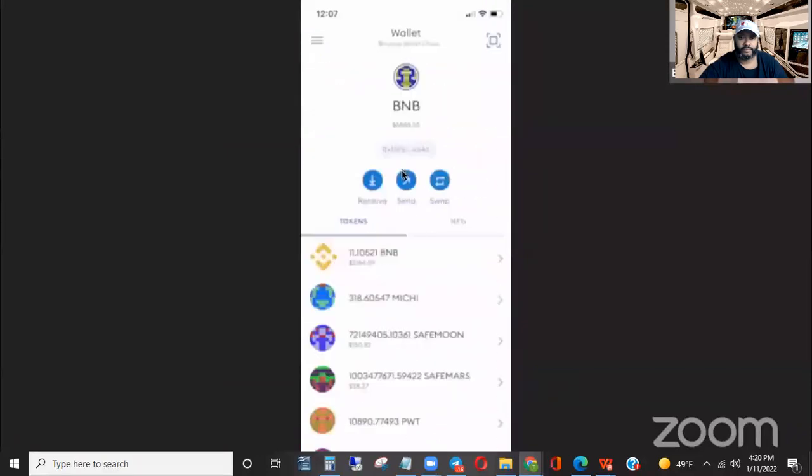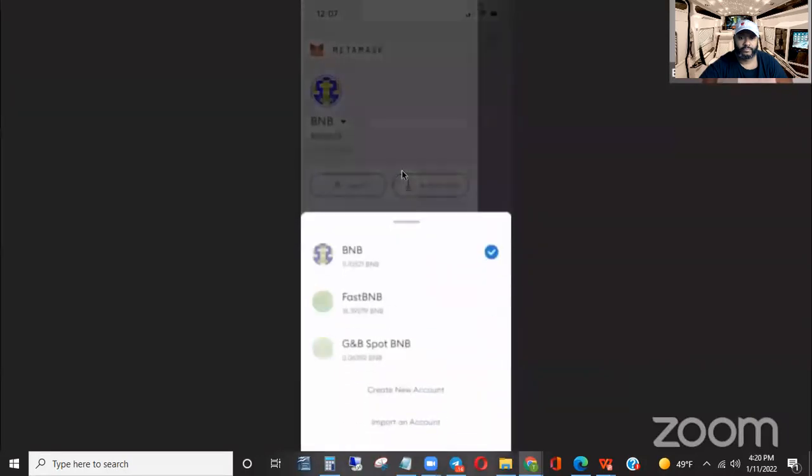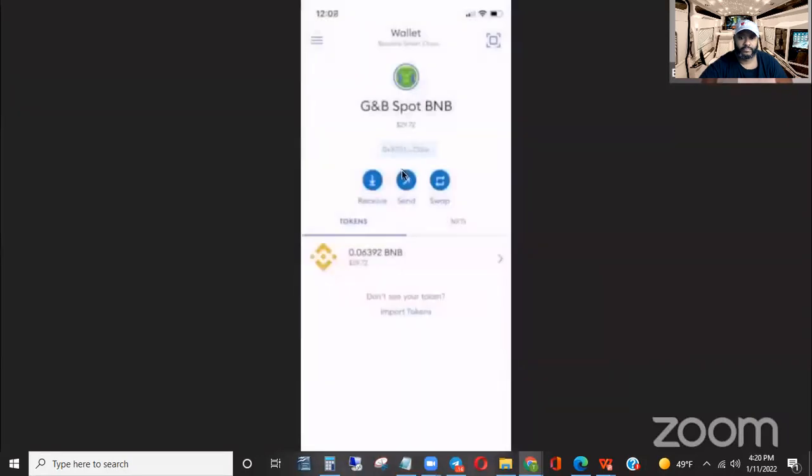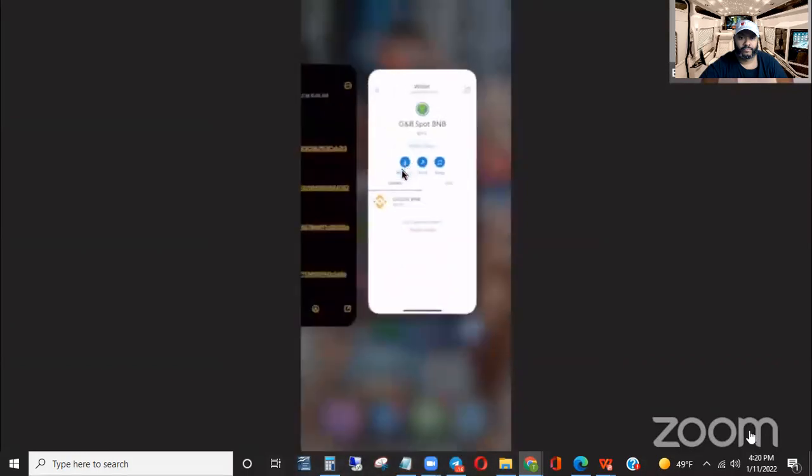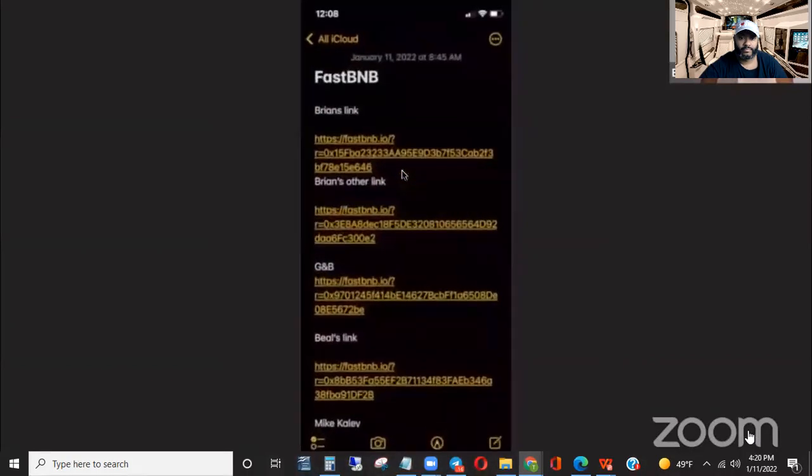So this is something I want to show you too. On this, you can literally go to the account. Say this is an account right here that I want to sign up to, but I want to show you something neat. So someone sends you your link or you send their link. Once they get Metamask set up, they've got a Binance Smart Chain set up, they have BNB in their account, you are going to give them the link.